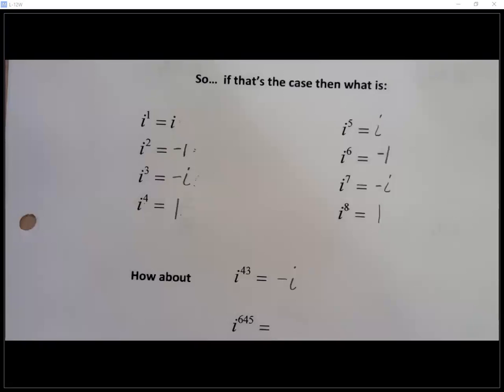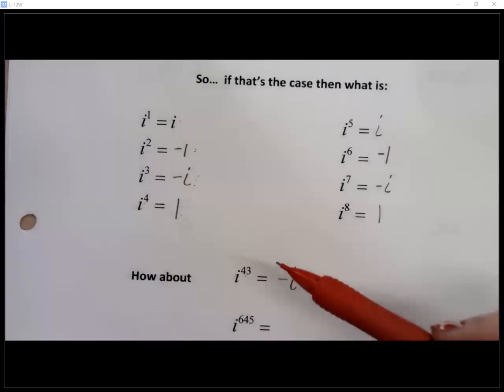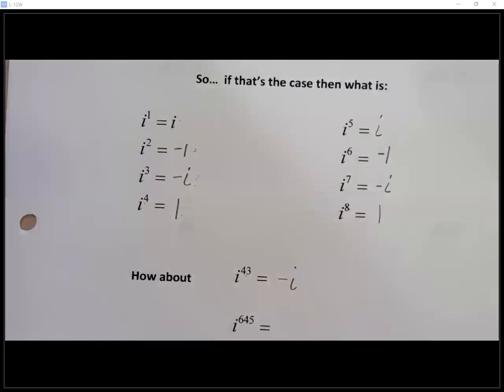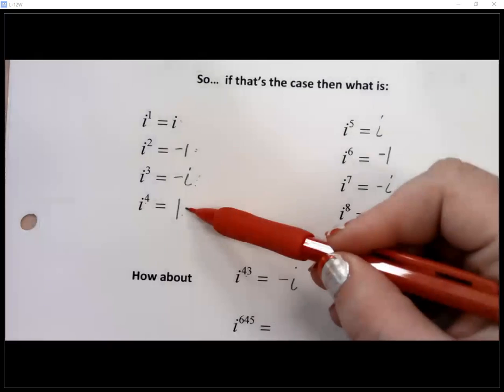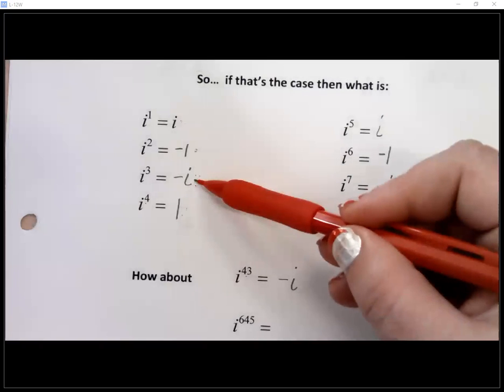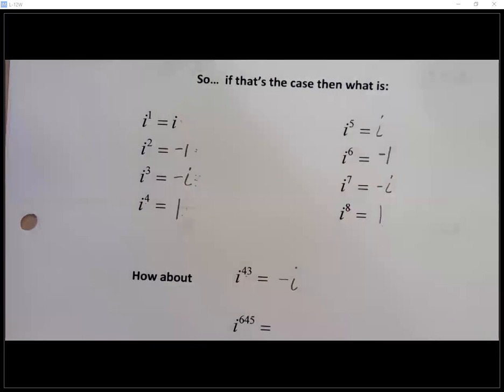So if I'm looking at my number, 43 is not a multiple of 4, but what I do in my head is, okay, well, 44 is. So if I were asking what i to the 44th were, it would have been 1. I'm not quite there yet, I'm 1 before it, so I'm at -i. So I just ask myself, give me a multiple of 4 that's close to the number that I'm looking for, and then I just go forward or back a couple, whatever I need to do. So when you go to do i to the 645,